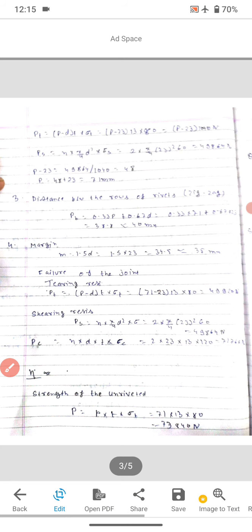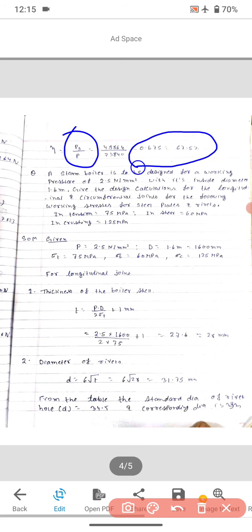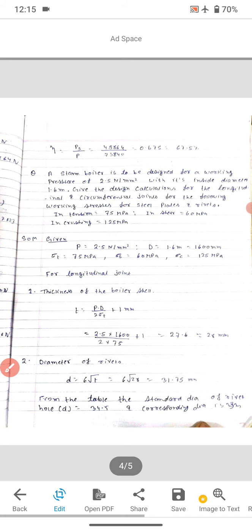Now next page. So efficiency will be Ps, the shearing resistance, divided by the strength of the unriveted plate. So 49864 divided by 73840 is 0.675, which is equal to 67.5%. That is the efficiency of the rivet. Okay. Now in the next lecture we will